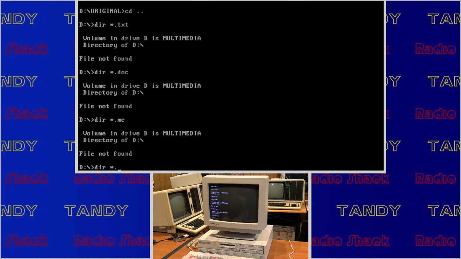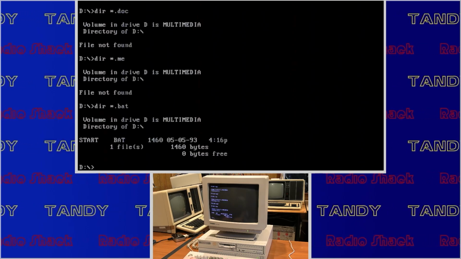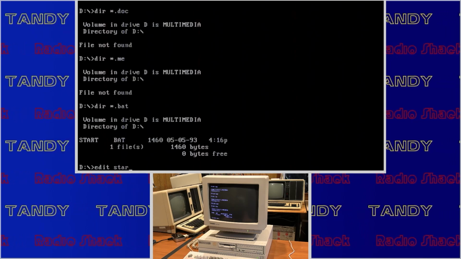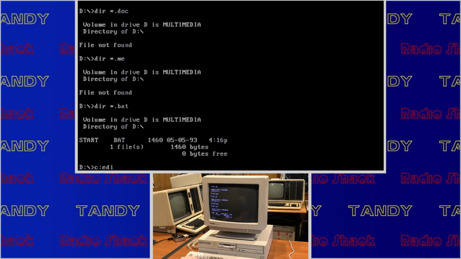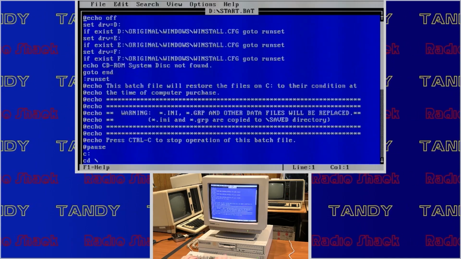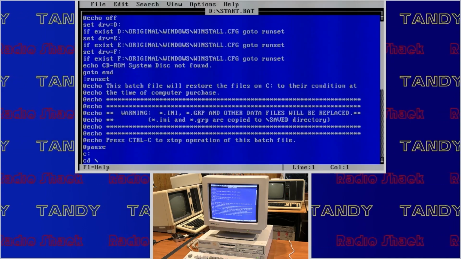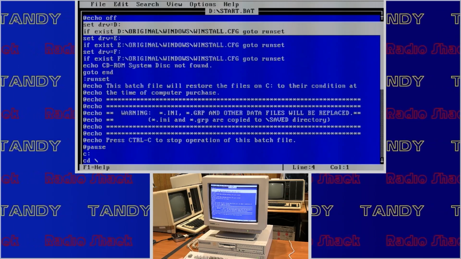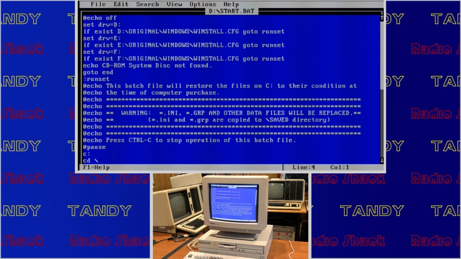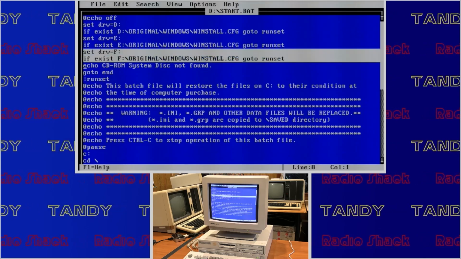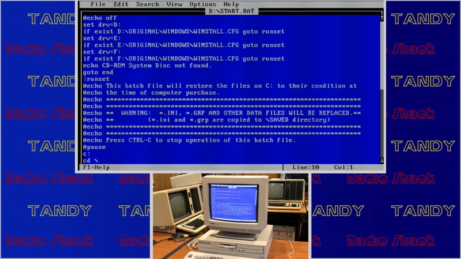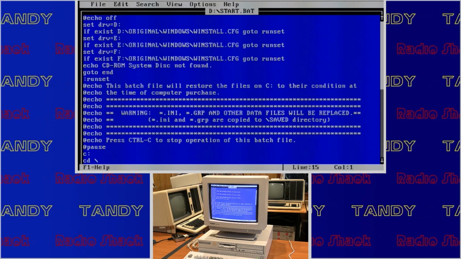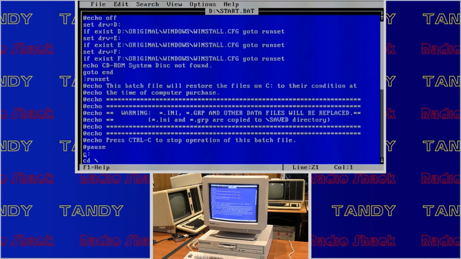So I'm just going to look for the bat file, which is start.bat. And we'll edit this. I'll show you what it looks like. Oh, hold on, I don't have DOSKey installed. I also don't have MS-DOS installed, so I have no path set. And this is a pretty straightforward script. It comes down, sets the drive to D, and then looks for a particular file. And then if it doesn't find it, it goes to E, then F, and then just says it didn't find anything, boot, exit. Otherwise, it gives me a little ominous looking message, changes the drive to C, and then changes to